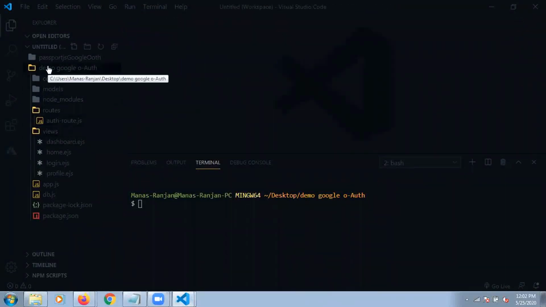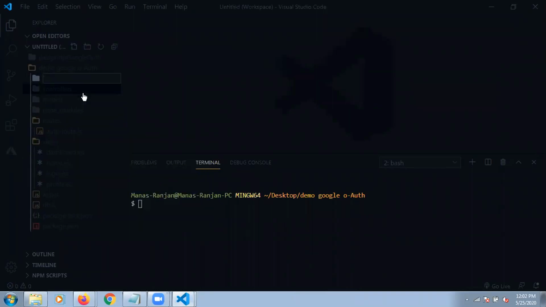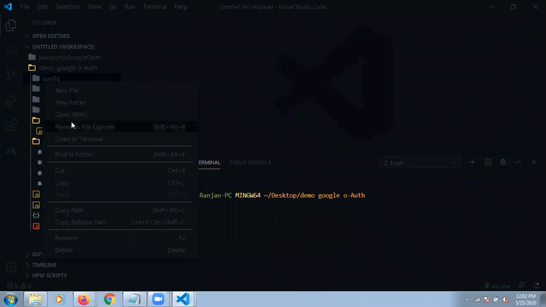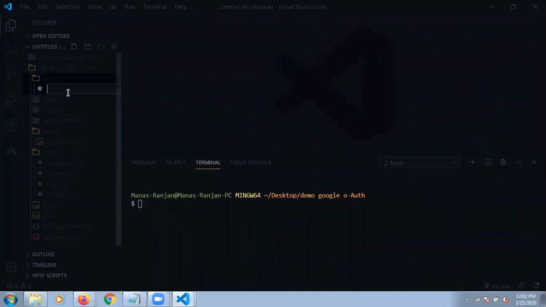I'm creating a folder, and inside it a config folder, because all the configuration is there. Inside that config folder, I'm creating keys.js, because these are the keys.